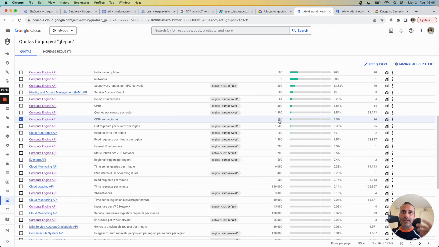And in this case, I increased the quota in order to launch the job with Dataproc serverless from Apache Airflow and Cloud Composer.